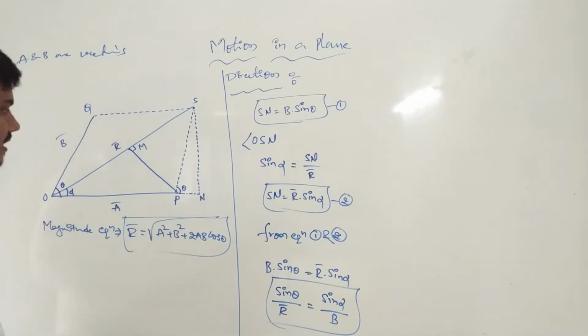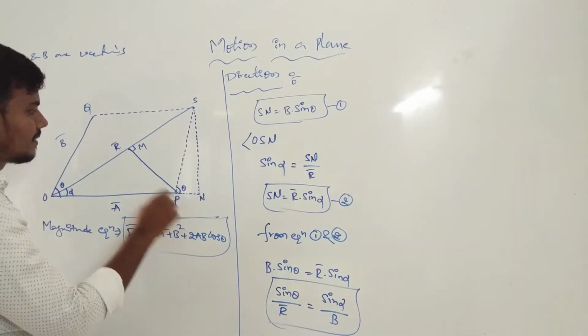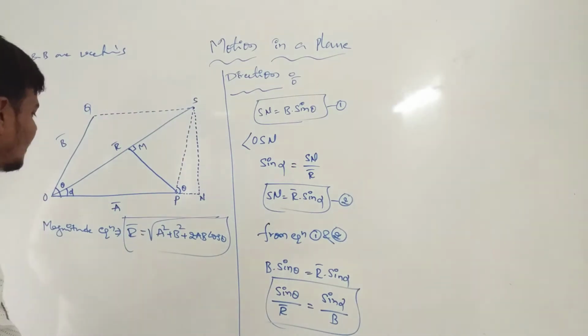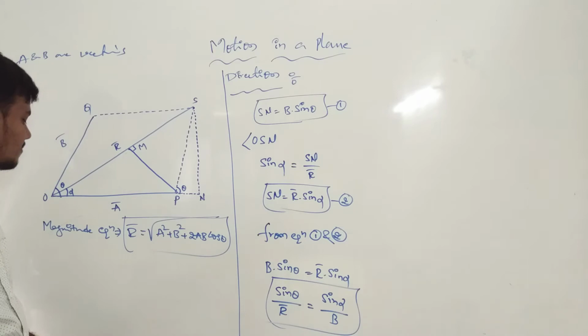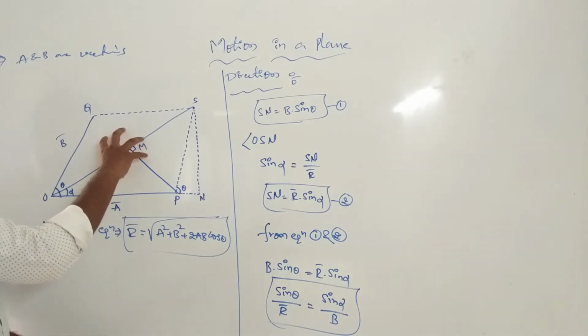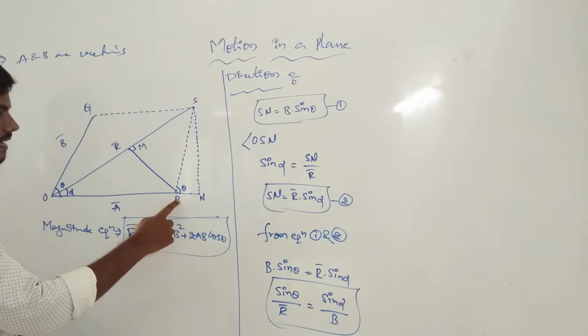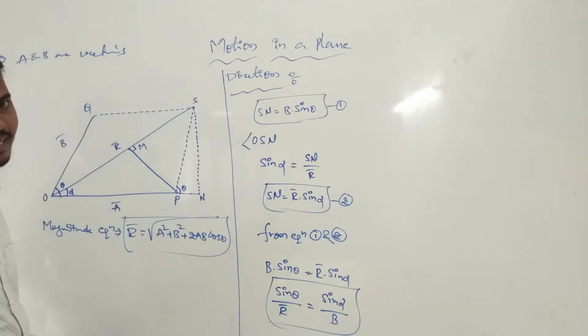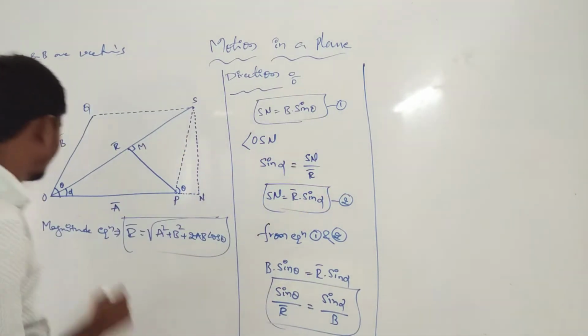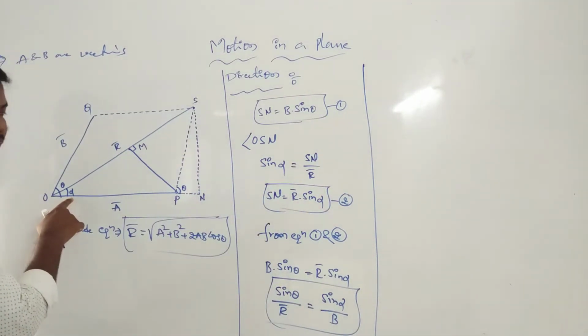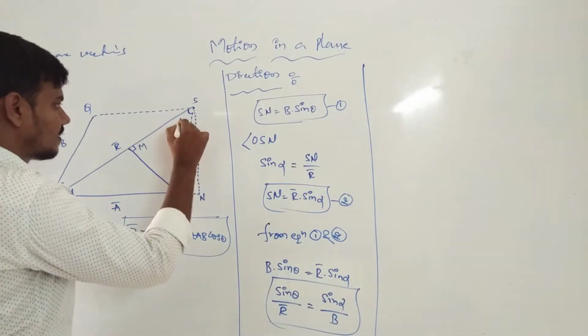Again we are introducing our triangle. Now this one is the PMS triangle also. There are mainly two triangles in this diagonal setup. Now OMP is the first triangle and PMS is the second triangle. In the first triangle we use the alpha angle, and in the second triangle we use beta.